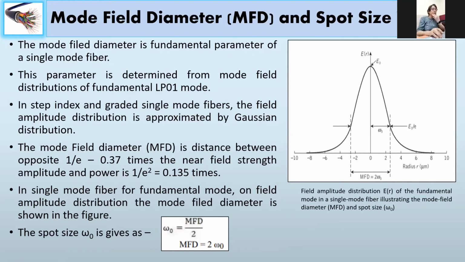Now coming to the next concept, that is the mode field diameter. What does mode field diameter mean? Whenever a mode or a signal is traveling through your fiber, there is an energy associated with it, and there is a spread of that energy into the core. That spread we call the mode field. That much area is required for the energy associated with that particular mode to travel through your fiber. And what we want is that this energy should be concentrated in the core, then only will it be guaranteed to reach the destination.